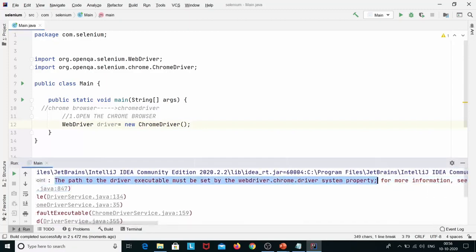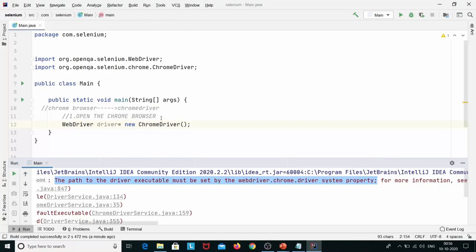Okay, this is your error. So here it says that I have to define a property, a system property, and to define